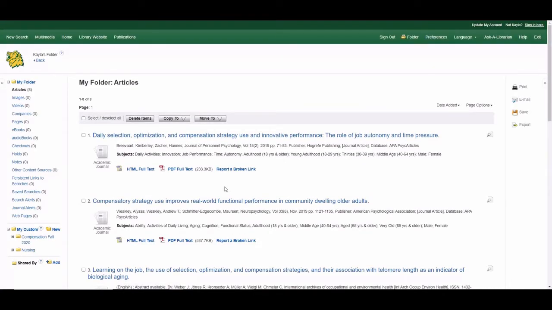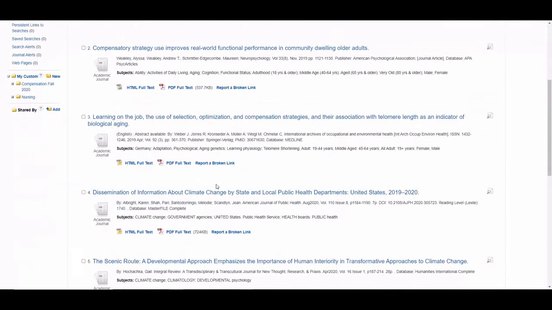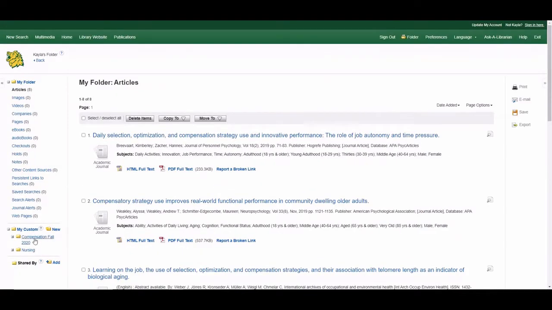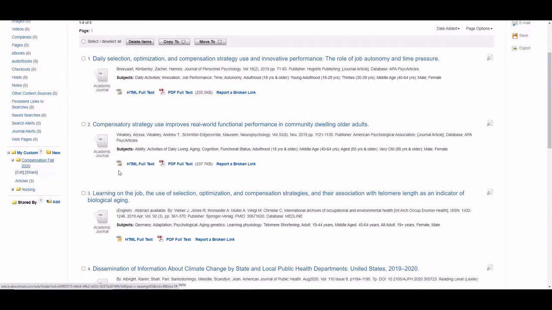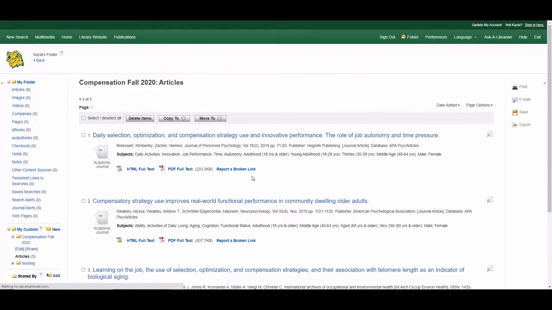Here, you can see that you can save articles and you can sort them into different folders. So for example, I have 3 articles in Compensation Fall 2020. I can select all, and I can email these